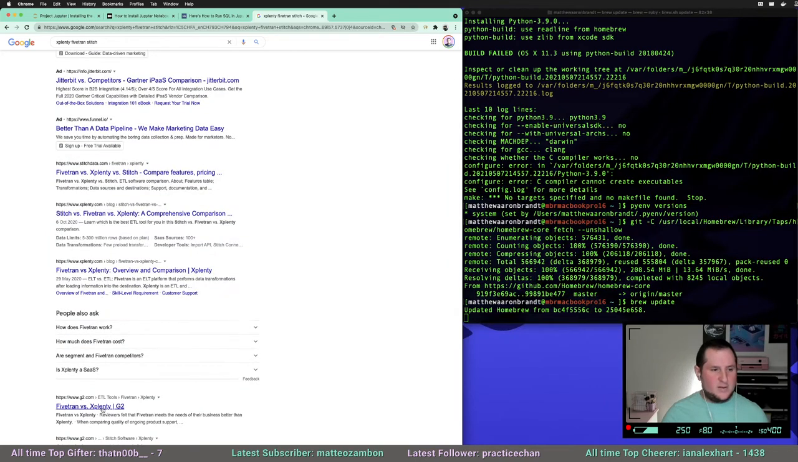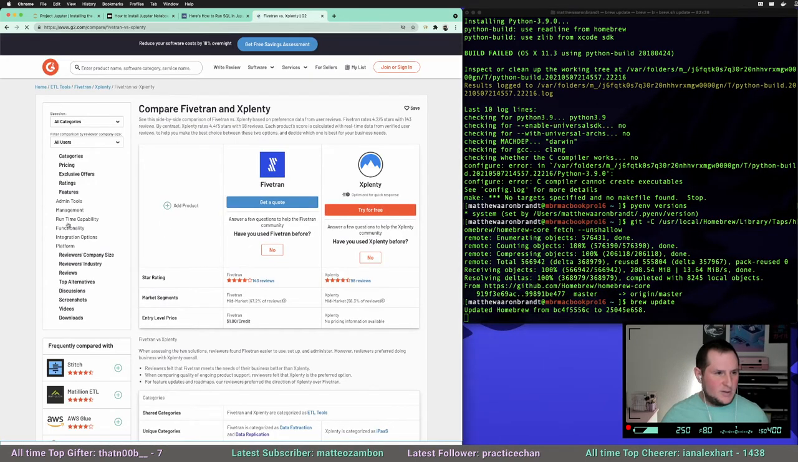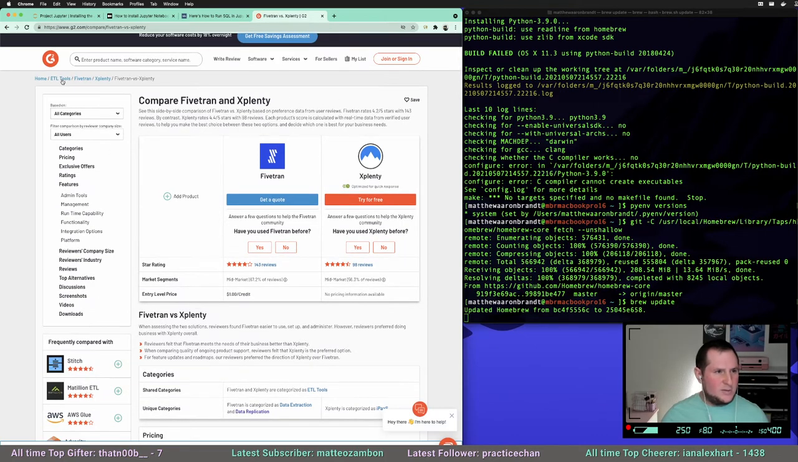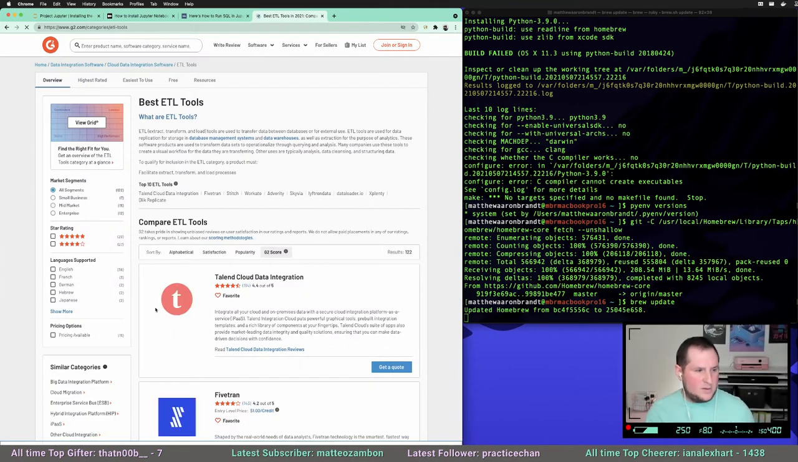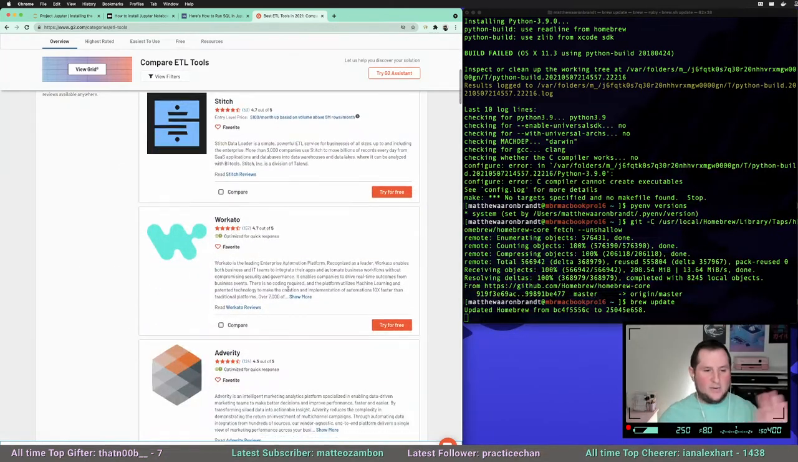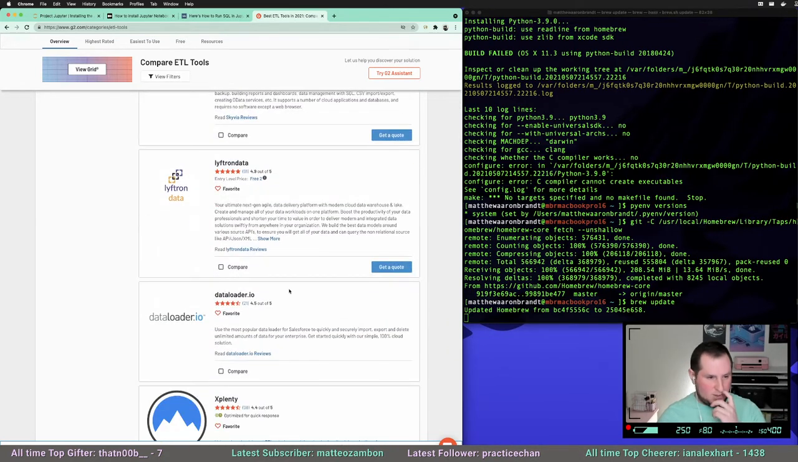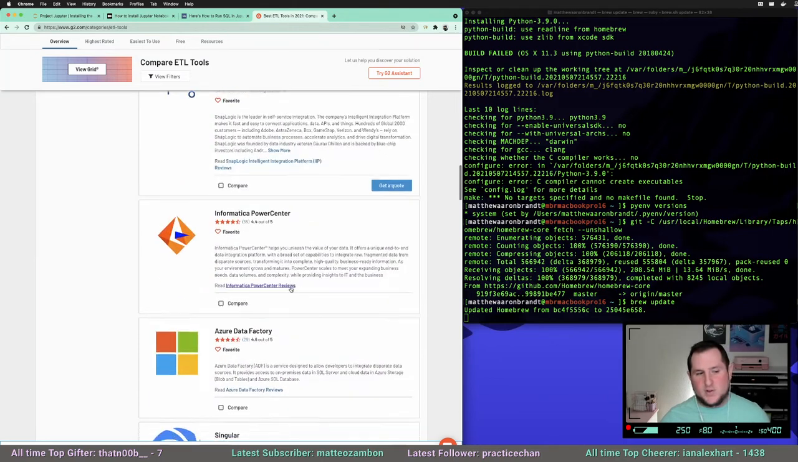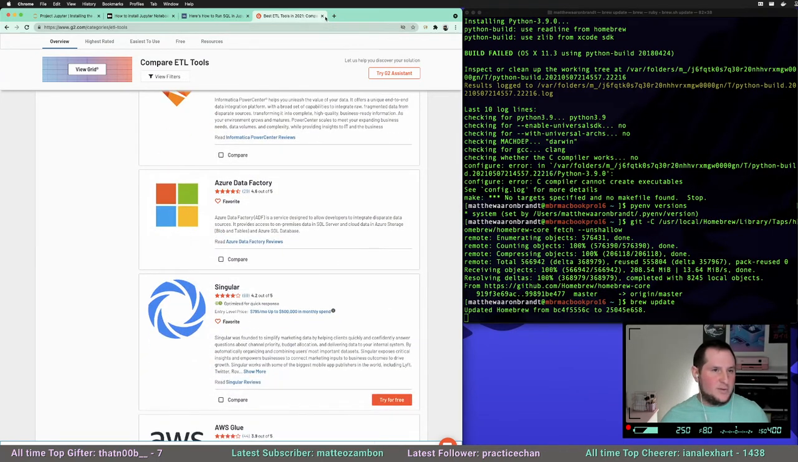Of like these. We can look on G2 because there's probably a whole category for ETL, right? Where's the category here? ETL tools. So you've got a whole, there's everything, right? There's so many, depending on what kind of data sources you have. Some make more sense than others. The pricing structures are all different, so